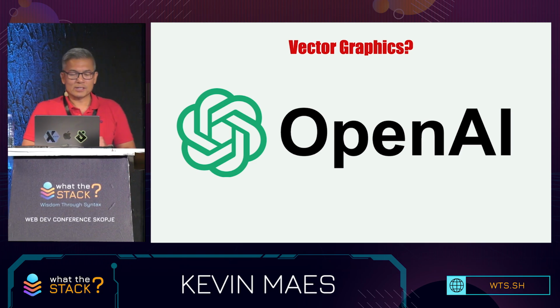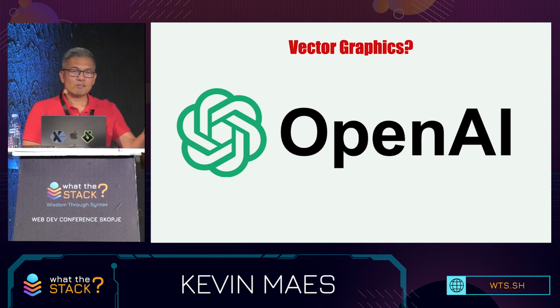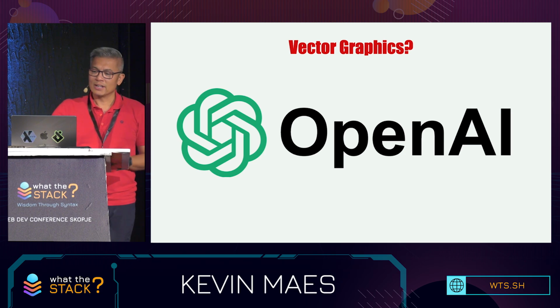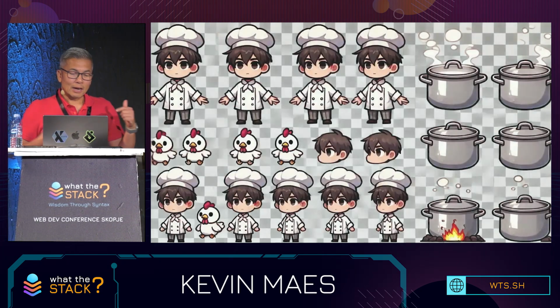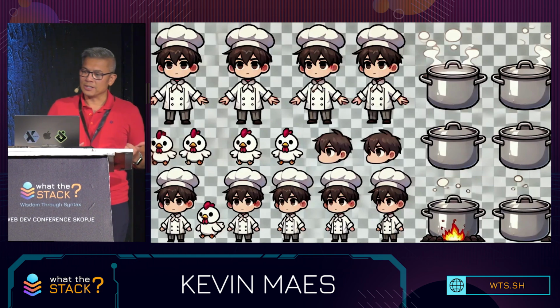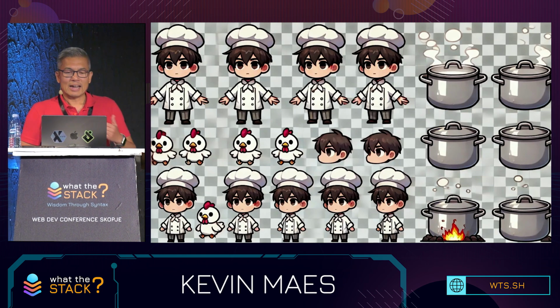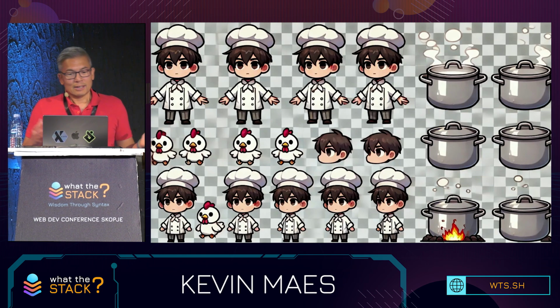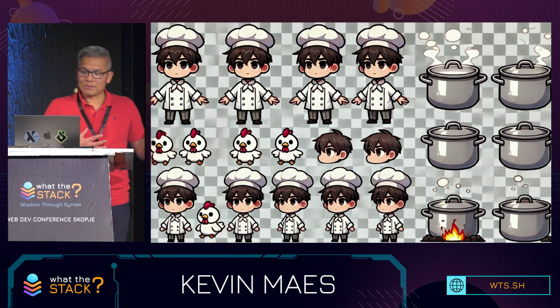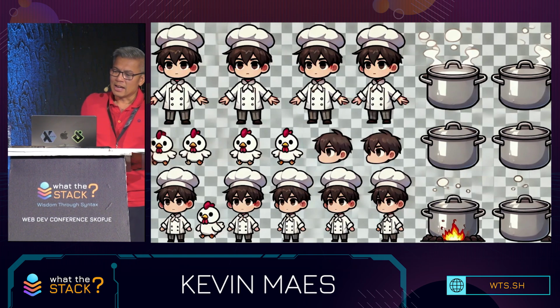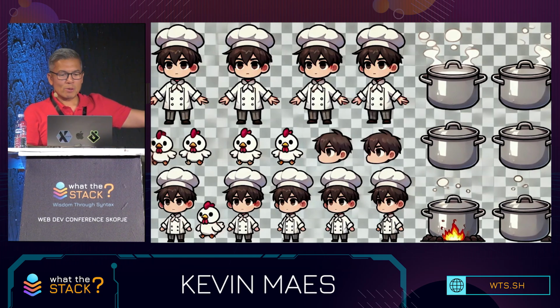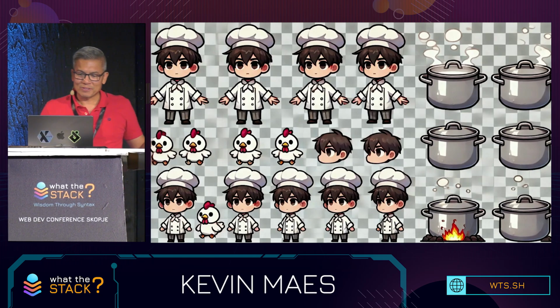So the first order of business was to create the chef. He's energetic, persistent, loves to cook. I call him Chef Raffi after my son. I uploaded a real photo of Raffi to ChatGPT, and he turned him into a chef, according to my prompt. So this is what I got back, right? We have a chef, we have hens, we have pots with closed lids, not very helpful. We have a severed head with missing nose and mouth. This is not what I'm looking for, right?